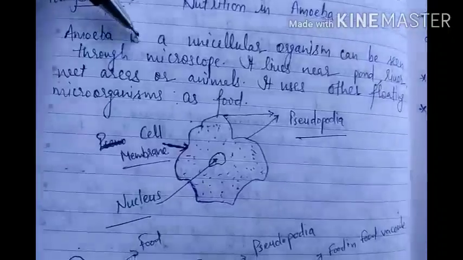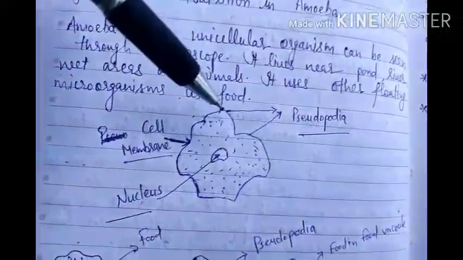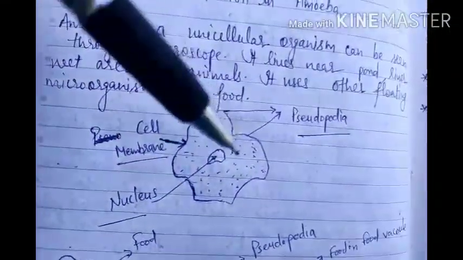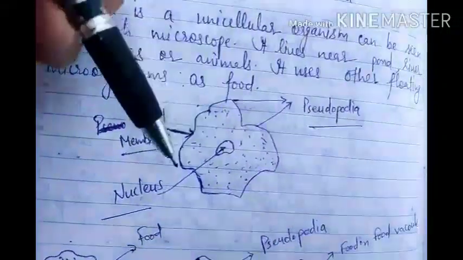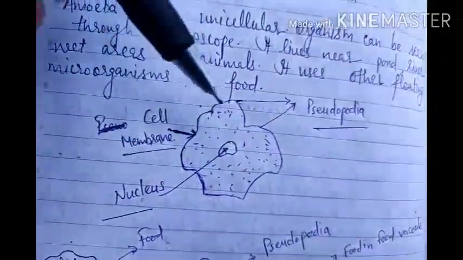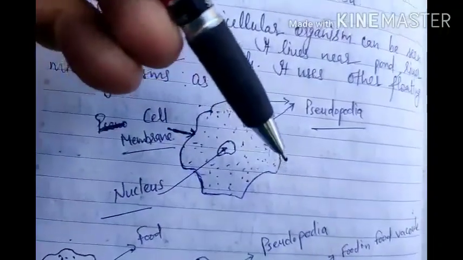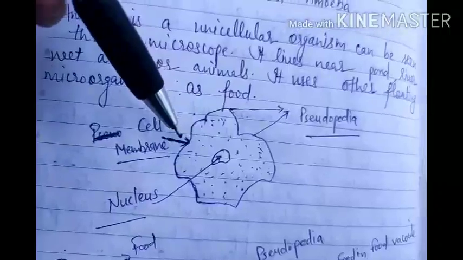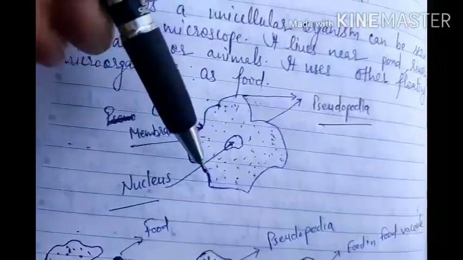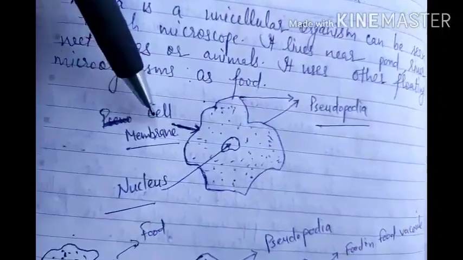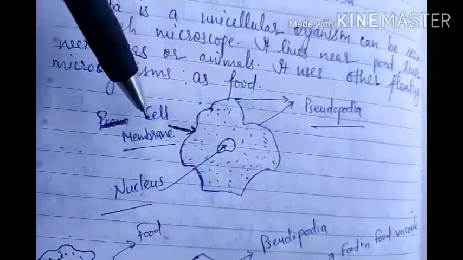Amoeba. Suppose this is a kind of shape of amoeba. This is a single cell, meaning it has not billions or trillions of cells like we do, but only a single cell. It has some parts, which I will tell you. The cell is covered with an outer layer, or we can say the outer cover of the cell, which gives it shape. This outer cover is called the cell membrane. Membrane means layer, so it is the outer cover of this amoeba. This is called the cell membrane.